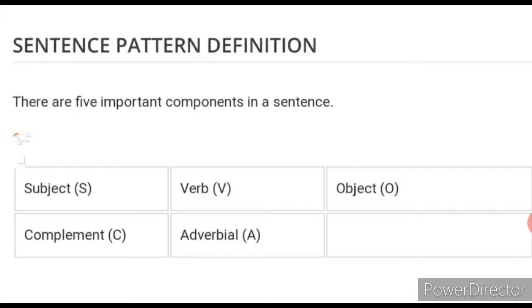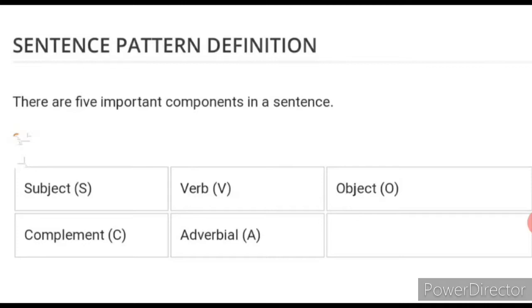Next, let us discuss what is object. If you want to get the object, ask the question what or whom. What is for things and whom is for persons. A person may be a pronoun or noun. You all know what is noun or pronoun. Nouns are the naming words and pronouns are used instead of nouns. Further, the object is divided into two types: direct object and indirect object. Direct object answers the question what. I like animals. What did you like? Animals. Indirect object answers the question for whom.